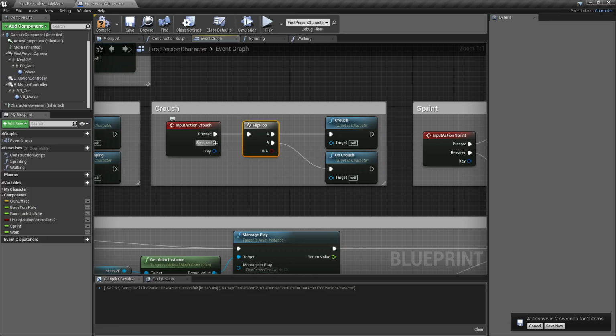So that's why we leave the release connector of our input action empty, just the press. Once we press the crouch key, it will crouch the first person. Once we press it again, it will uncrouch the first person. So that's the logic of the flip-flop.